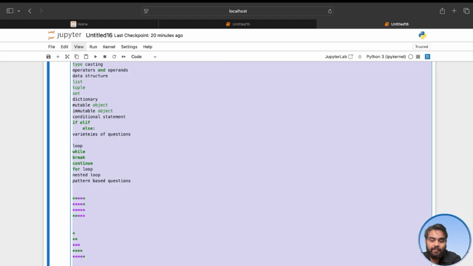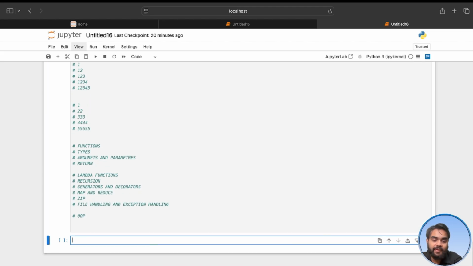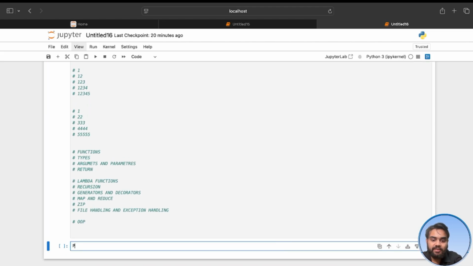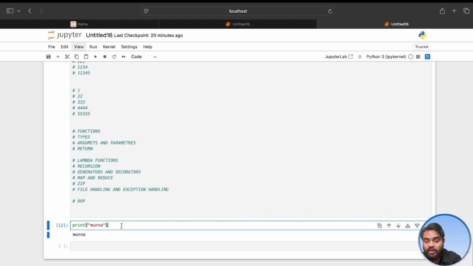Now coming back to starting from the basics here, if someone is going to ask you what is the concept of comment out here? Command forward slash, commenting out. Suppose you are going to write the print function here, print is the function, and inside the print function you are going to put munna, and it is going to print munna. But if I'm going to comment out this line, for commenting out, firstly you have to select that, and after that you have to use the shortcut key command forward slash,